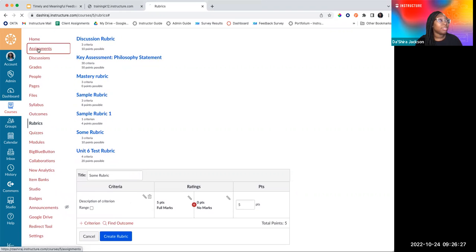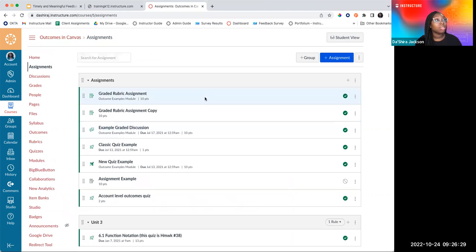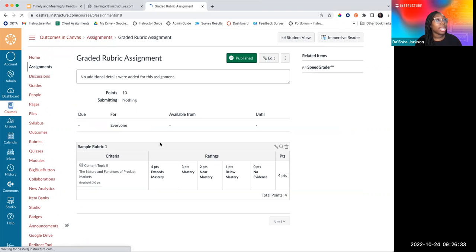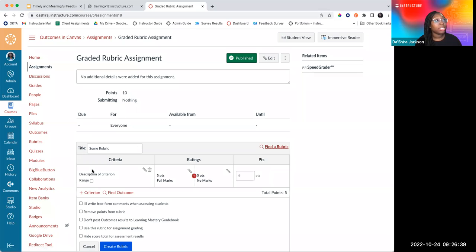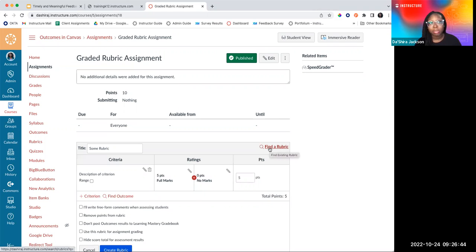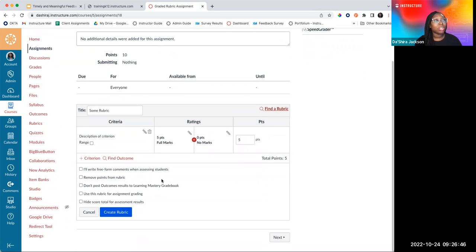Another way you can add it is if you go into assignments. Once you've created an assignment, just click on the name, and I'm going to just delete this off really quick. And you'll see this option that says plus rubric. So you can build from here, or you can click find rubric to find one that you've previously built. And then down here, there's a number of different settings and options for this rubric.